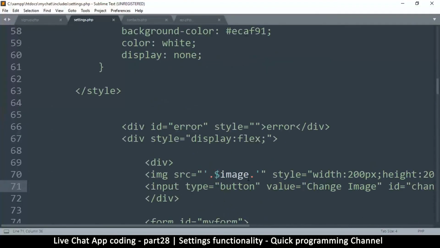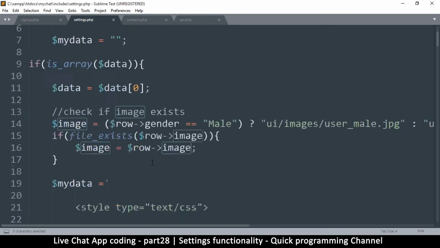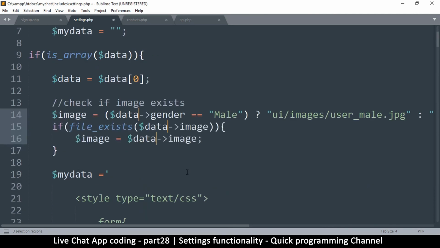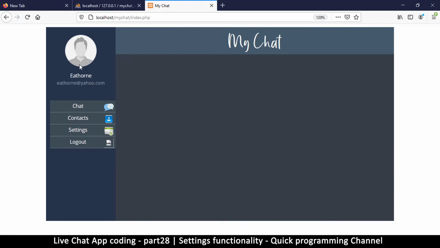What did I do wrong? Source. Okay, let me come up here. Maybe in this logic we are missing something. Oh, of course. Instead of data, I used raw, so let me copy data instead, because this variable is unknown. So let me replace with data. That should solve the problem. Click and